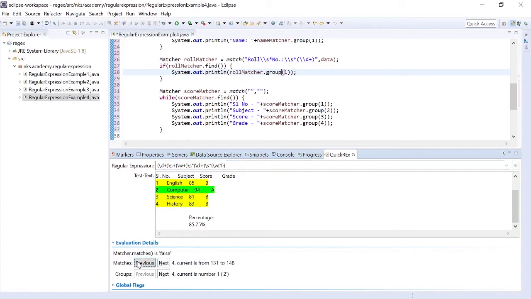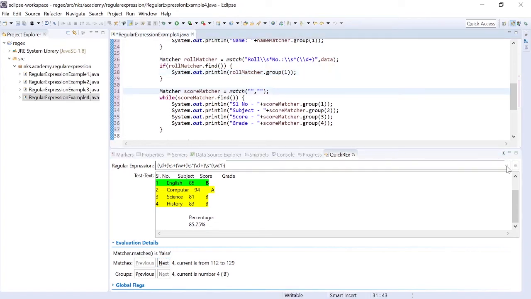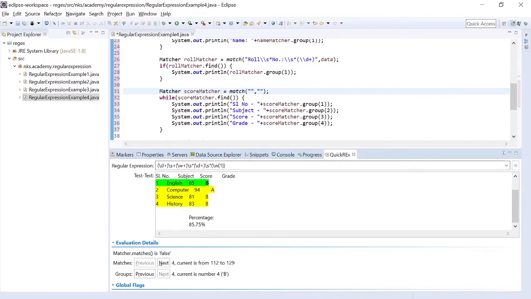Okay, and in each match there are 4 groups. One is capturing sequence number, one is capturing the subject, and the other is capturing score, and the fourth one is capturing the grade. Okay, now we will try to print this. We will pass this regex here and we will send the data here.